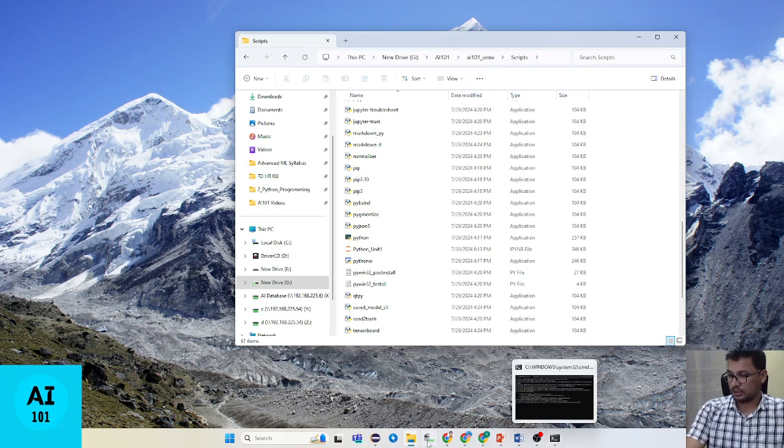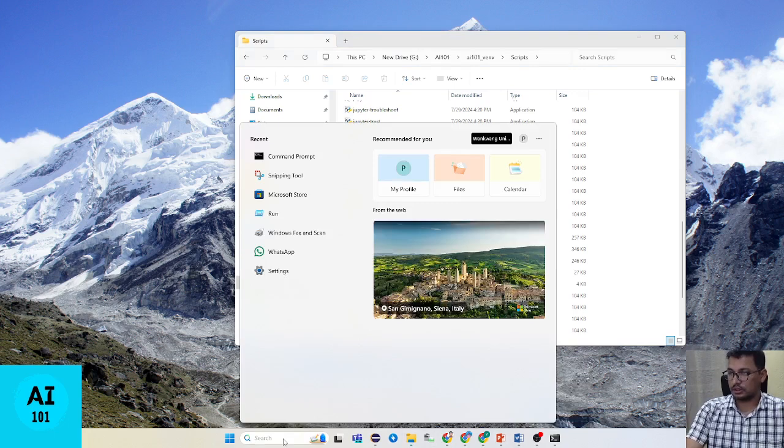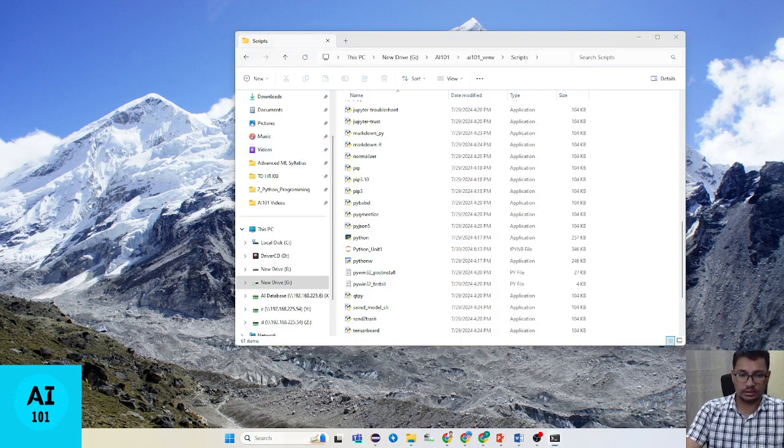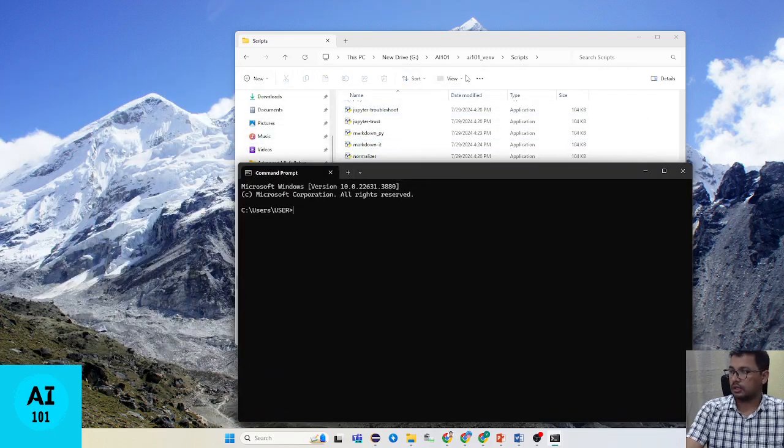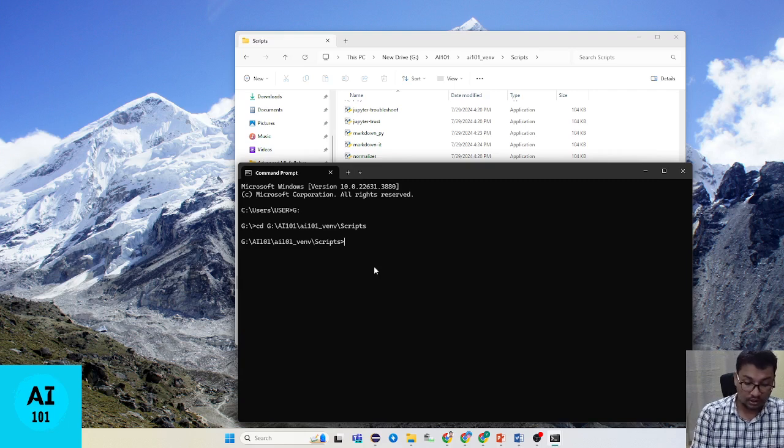So we need the command prompt. Let's start from the command prompt, and we will move to this directory first. Here is the G drive, so let's move to the G drive, and then inside this directory here. After that, we already installed Jupyter notebook, so we are going to use Jupyter notebook here. Just type Jupyter notebook,